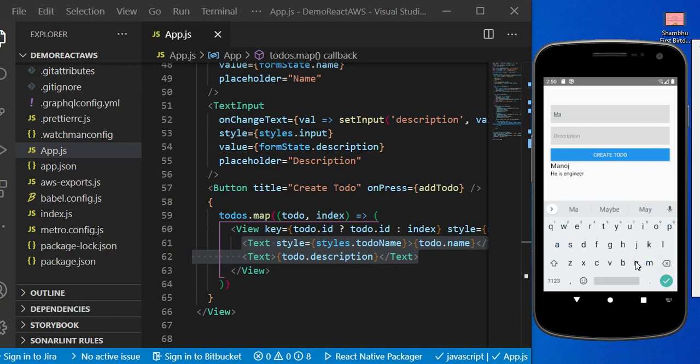Let us pass the second record as Manasi, and suppose she is a teacher. So again when we click on this particular button, Manasi and she is a teacher will get displayed somewhere here.